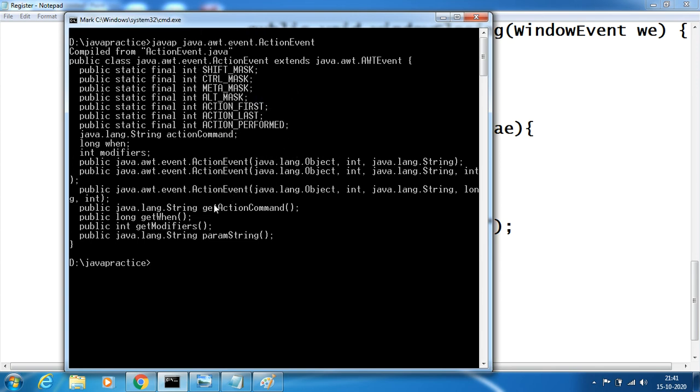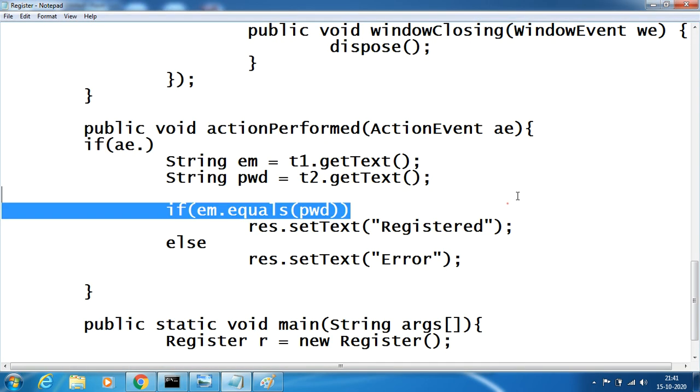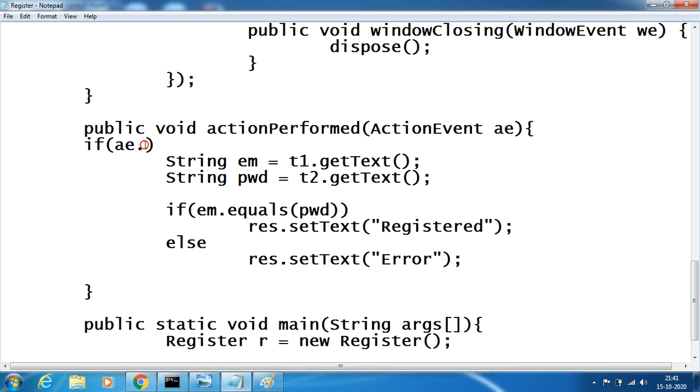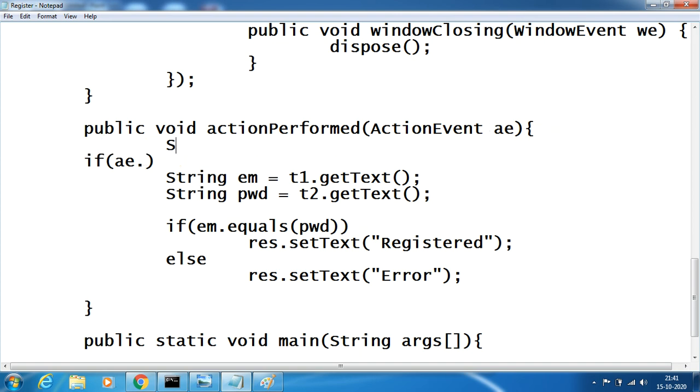Get action command is a method which returns a string value, meaning which button you have clicked. So string button equals AE dot get action command. So get action command will get the button which you have clicked.